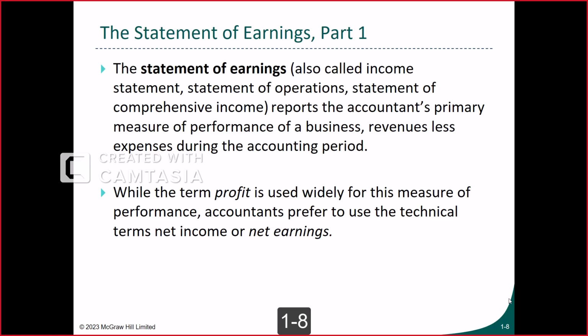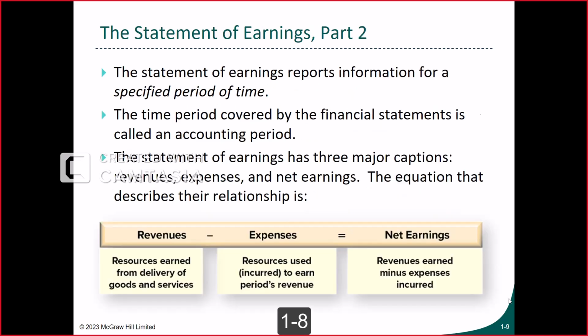That means what the company has consumed in order to generate the revenue. In order for you to generate revenue, you have to consume some expenses. So that is the list of expenses. The list of revenues minus the list of expenses is what you will see on the statement of earning, so that we end with the net profit or the net earning for the period. Revenue minus expenses equals the net earning.